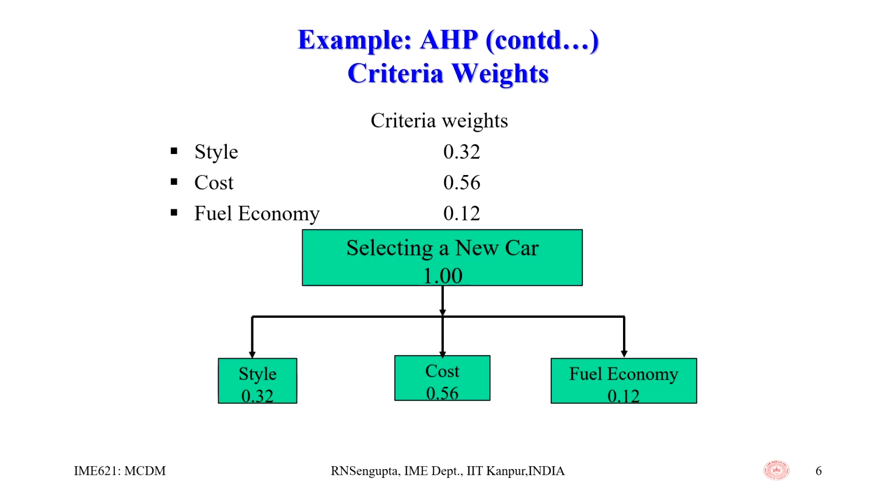Now, once you have that, the criteria weights are given, and the criteria weights are as marked, and I will mark it with red color. So, style, cost and fuel economy. What it actually means is that, trying to find out the weights accordingly, the decision maker would give about 30% weightage to the style, 56% weightage to the cost and 12% weightage to the fuel economy. Now, if you remember,